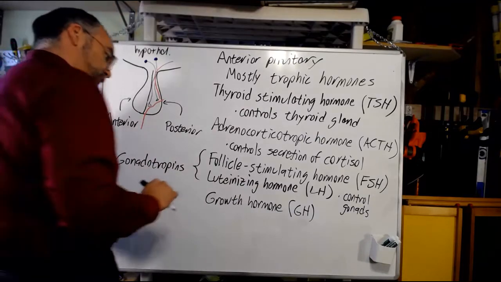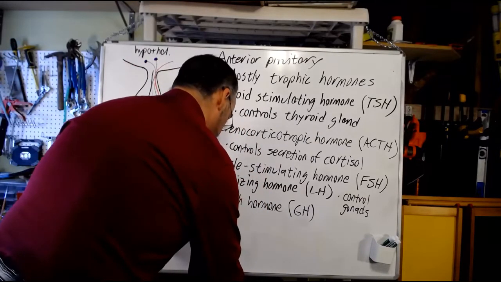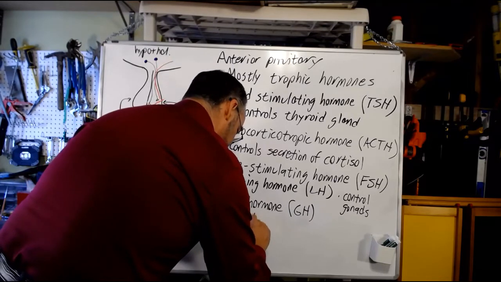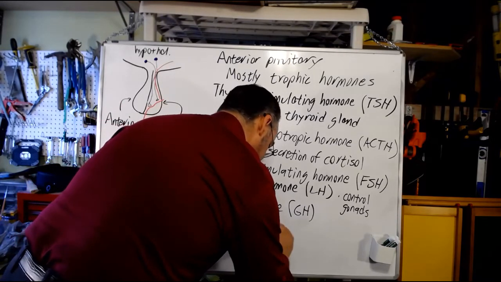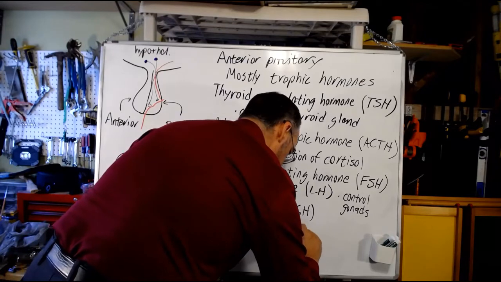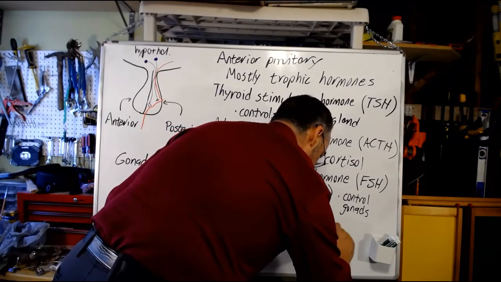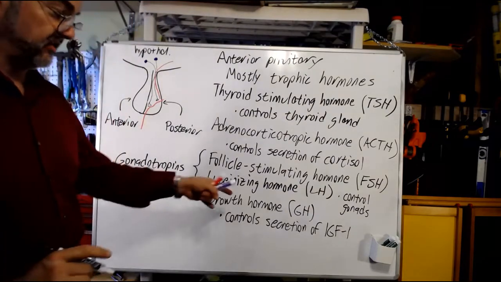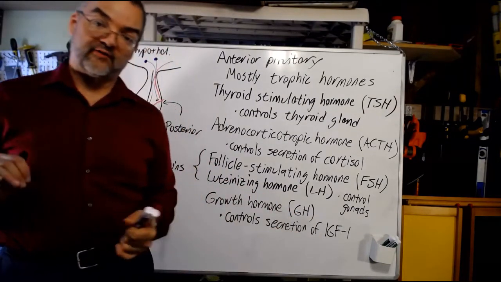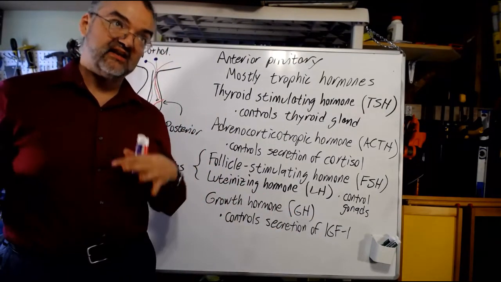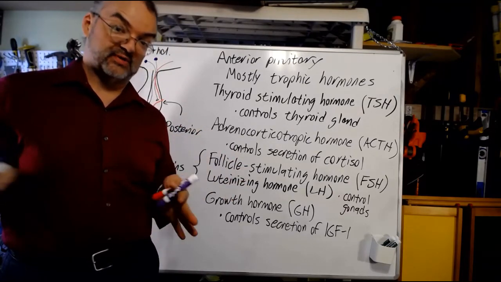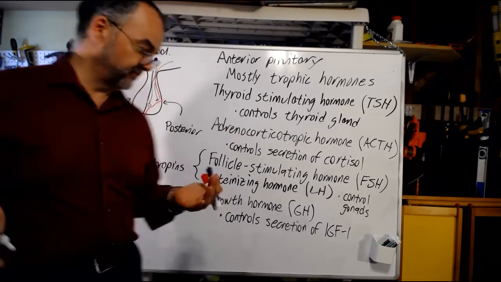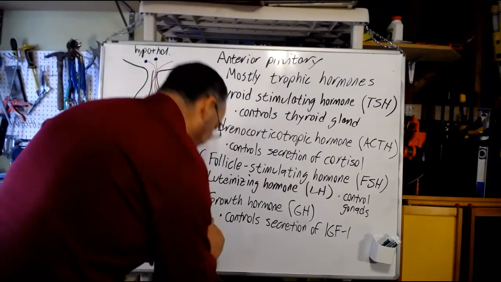And then growth hormone, which targets the liver. One of its functions is controlling the secretion of something called insulin-like growth factor 1 from the liver, which has a role to play in controlling body growth, especially during puberty, and building of tissue throughout life. And then finally,